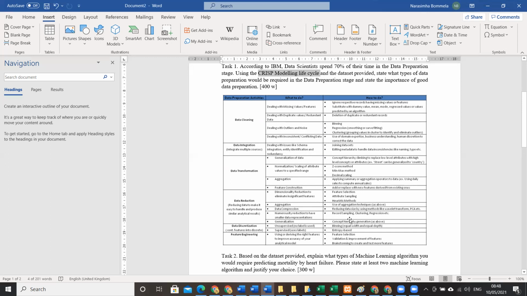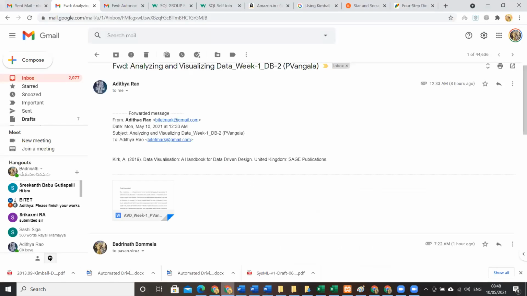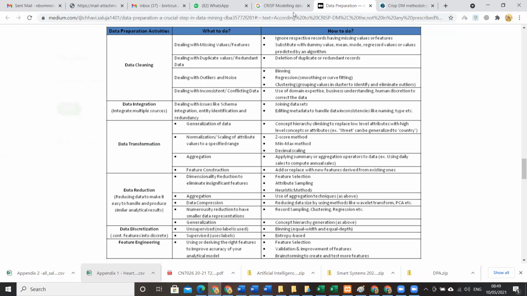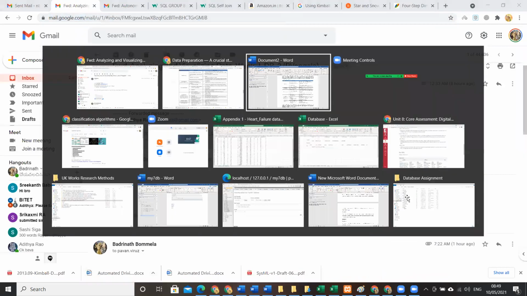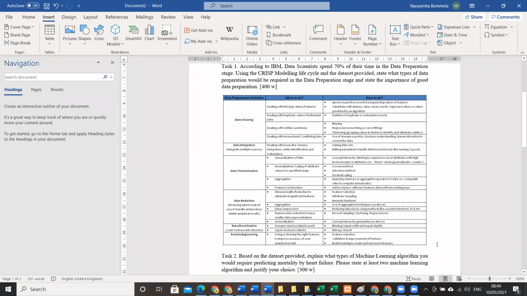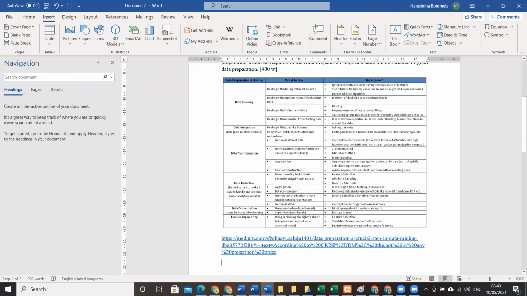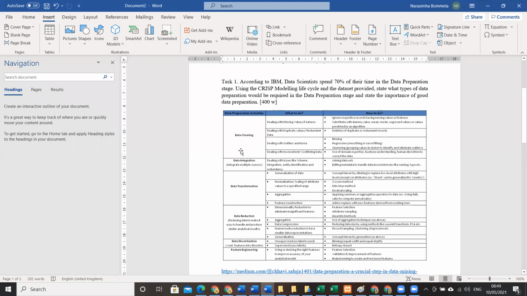this document. Let me show you. So this is the link from where I got this information. You can read from here, or you can search, like you try to search for a book on Google Books. Using this we will be doing. So there are 6 phases of data cleaning, data preparation,